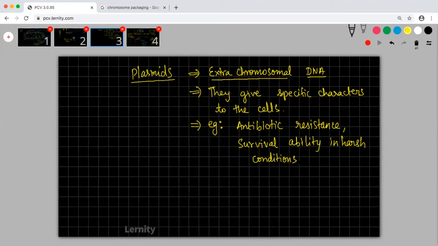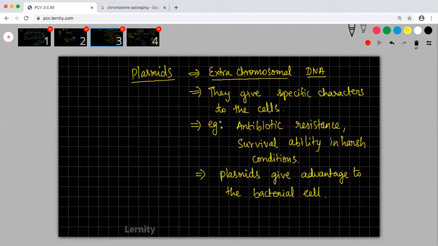It is not compulsory that a bacteria will have plasmids, but plasmids are present in some bacteria and they are helpful. Okay, plasmid is not a must, but when it is present, it will give you some advantage. Plasmids give advantage to the bacterial cell. What kind of advantage, we don't know. It depends on what plasmid is present.